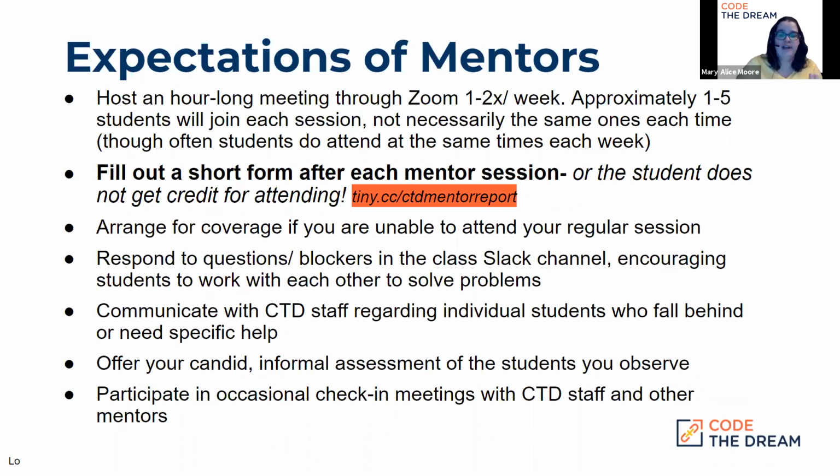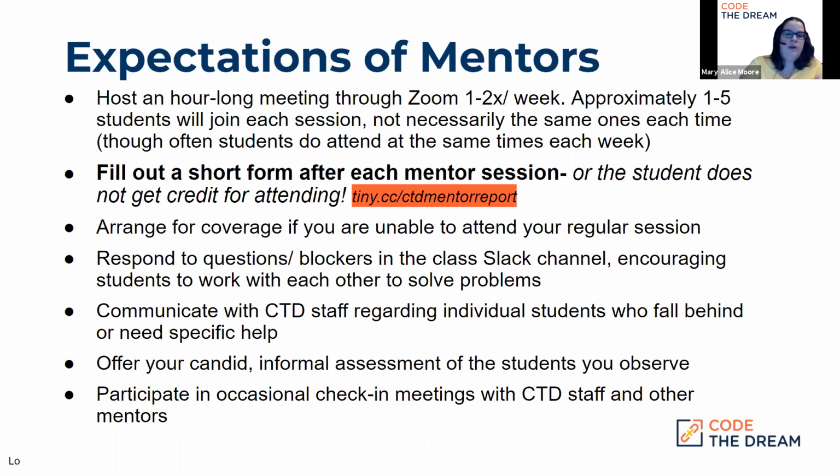If it's very, very last minute, like we're talking within an hour of when you're going to be having it, and something came up, your babysitter canceled, somebody got sick, you got sick, then please post in the announcements channel that your session will be canceled, and either arrange for some kind of substitution if you're able to, or else try and have a makeup night so that students don't have a lack of mentor sessions available for them to be able to go to 2 a week.